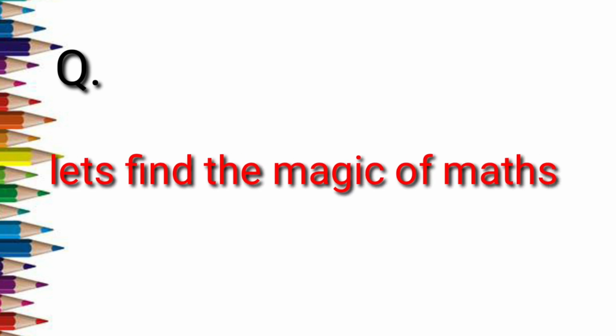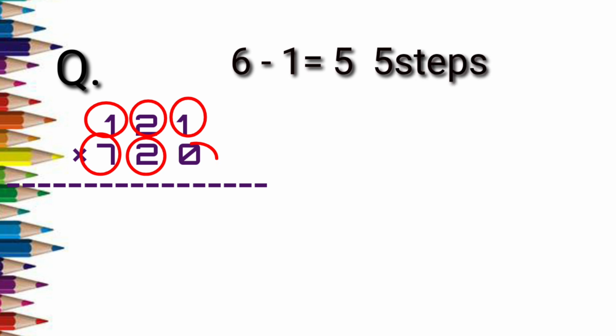So first we'll take a very simple question. I'll explain you with that the 5 steps that we have in this, and then we'll do few questions together. Okay, so if the question is 121 into 720. Okay, so first I'll tell you how these 5 steps came. That is how many digits totally we have in this question? 6, correct? 1, 2, 3, 4, 5 and 6. So 6 minus 1, what do we have? 5, correct? So 5 steps we are having. Okay, I guess this step is clear for everyone.